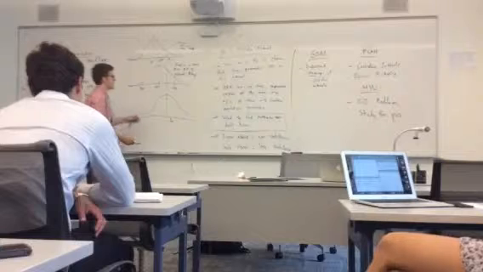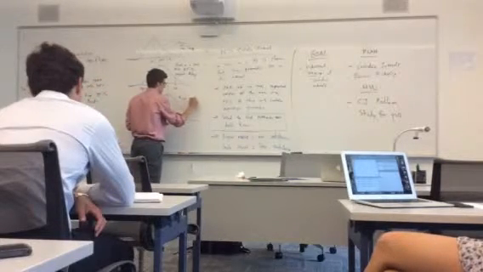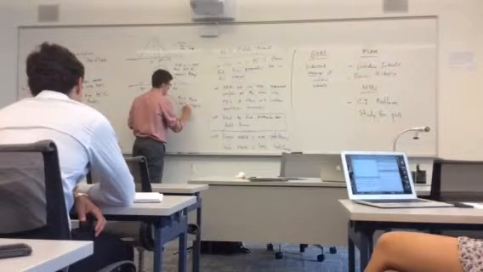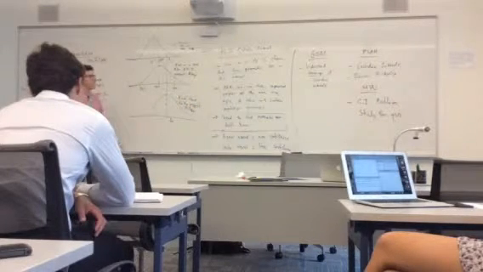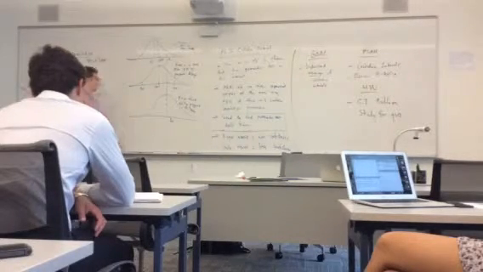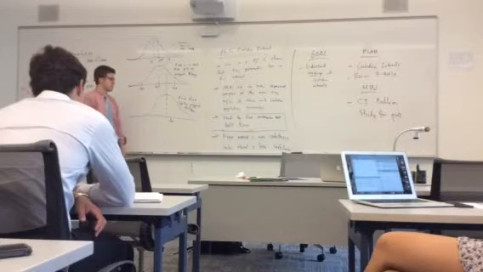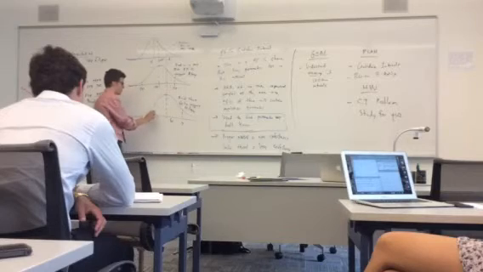I could do the same thing if I did another poll and I found that 60% support Hillary. Well, where is my confidence interval going to range now? Kat, what's going to be my upper bound on this confidence interval? Here I went from 0.5 to 0.6. Here I went from 0.55 to 0.65. So I'm going to go from 0.6 to 0.7. And I'm going to go from 0.6 down to